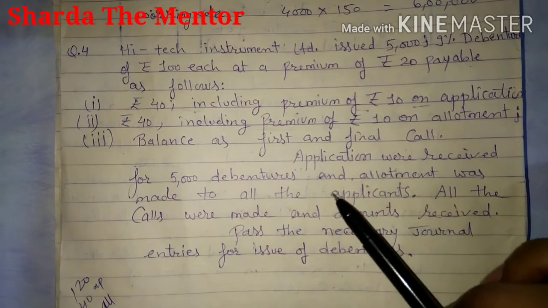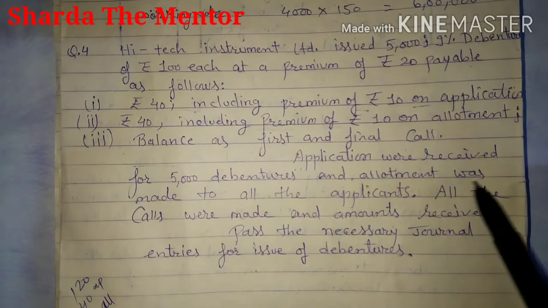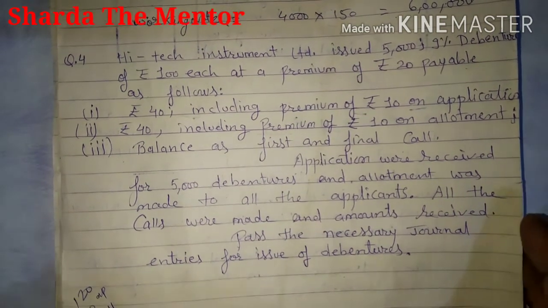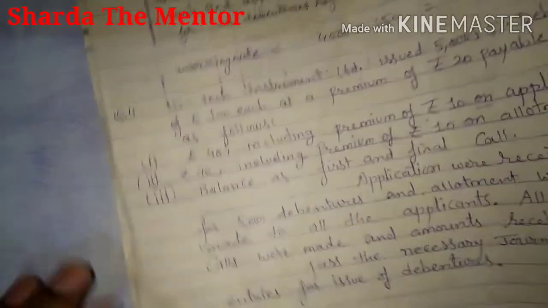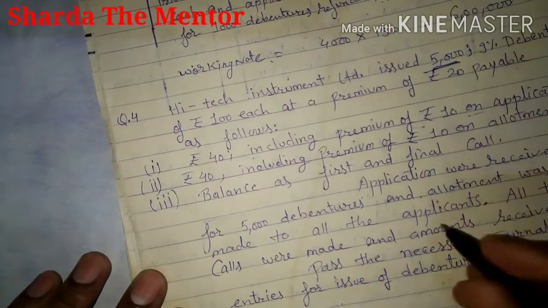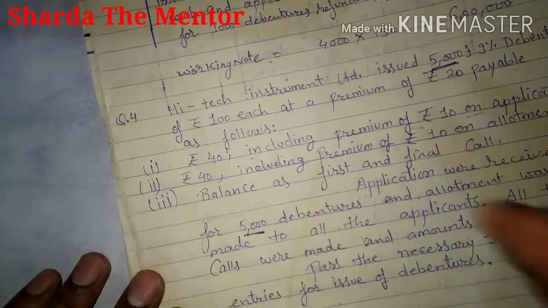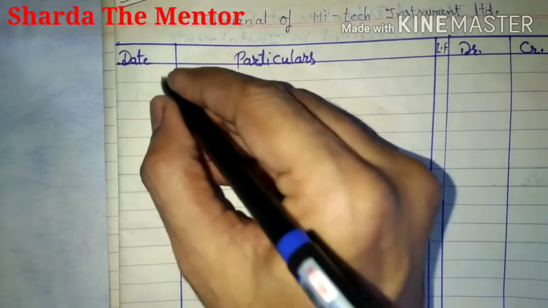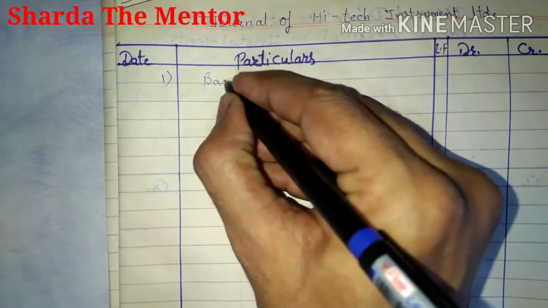So application was received for 5,000 debentures, and allotment was made to all the applicants. All the calls were made and amount received. So it means the company issued 5,000 debentures and received the same number of applications, so there is no oversubscription. The date is not given, so we can give the number. Bank account